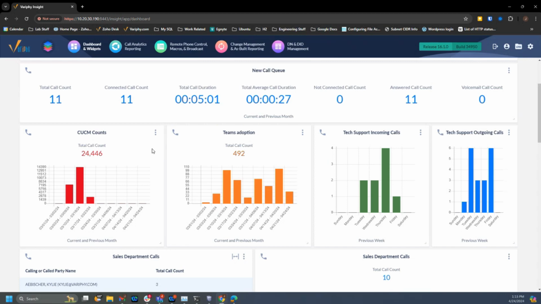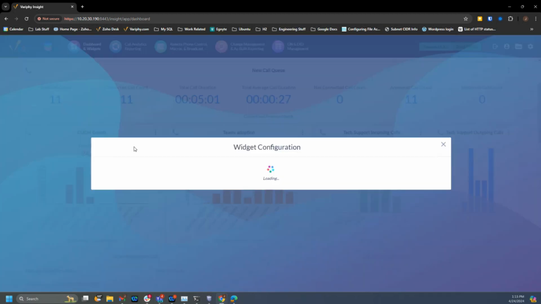This is a good idea too if you're migrating from Call Manager to Teams and you want to see how your usage is on both platforms. You can see it real quick with two different widgets. This one's doing my CUCM counts, and this one's doing my Teams count. I call it Teams adoption because we want to see if users that are migrated are using their Teams phone. So in my case, I'm not really migrating because the counts are way off. But besides the point. So if we edit this guy,